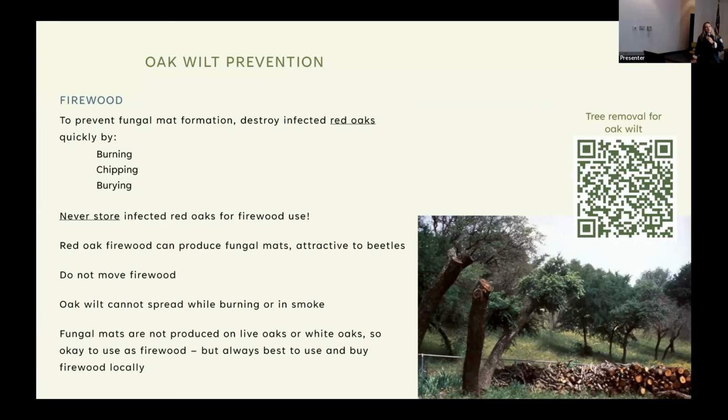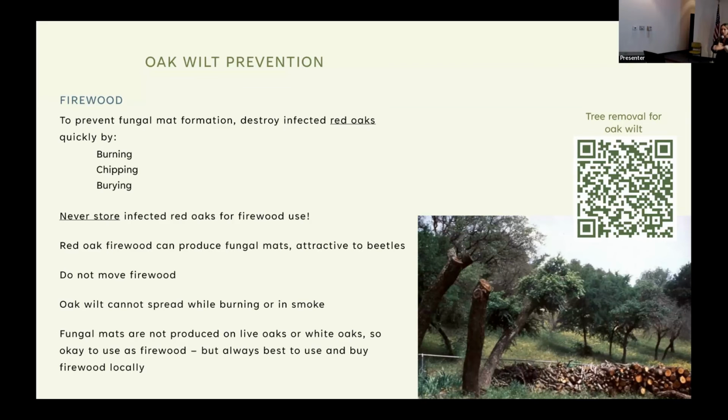So if you suspect your red oak, again, that's like Spanish oak, Shumard oak, blackjack oak, died of oak wilt, it's best to try to get rid of it as quickly as possible. We also have a cost share for that. You can contact me if you suspect, and we can go through all that stuff. You can burn it if it's safe to burn, not in a burn ban. You can chip it up. That's breaking up the host into small enough pieces where the fungal mat isn't going to be able to exist on those pieces. And it's a heated process as well. And then you can also bury it,